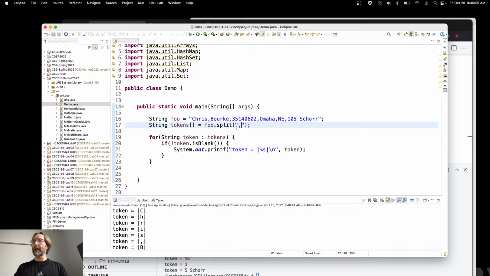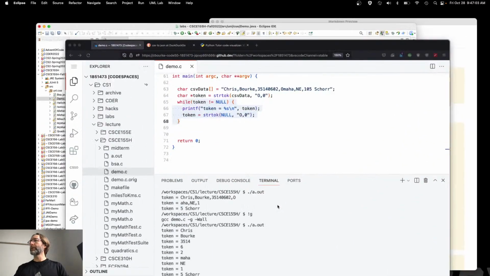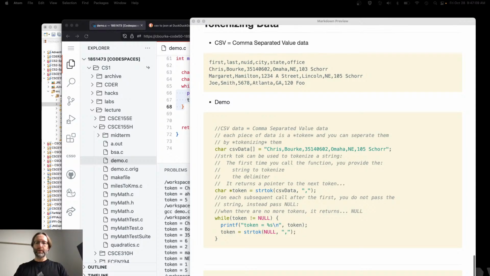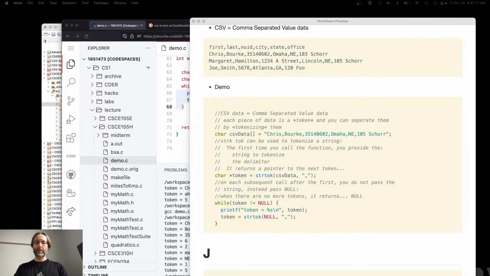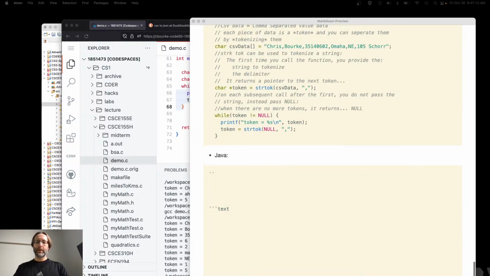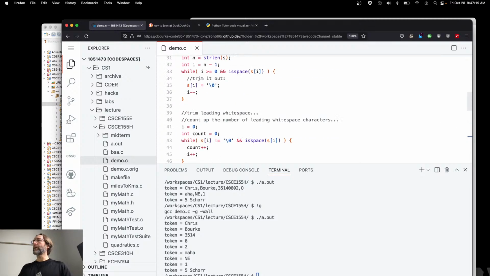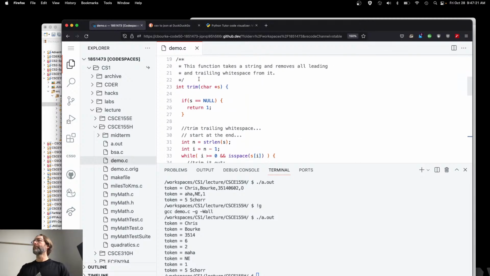So I'll go ahead and go back to just the comma here so that you can take a look at it in your notes. There we go. So Java. Any questions on this so far? Otherwise, what I wanted to do is go back over here to this complex function that we